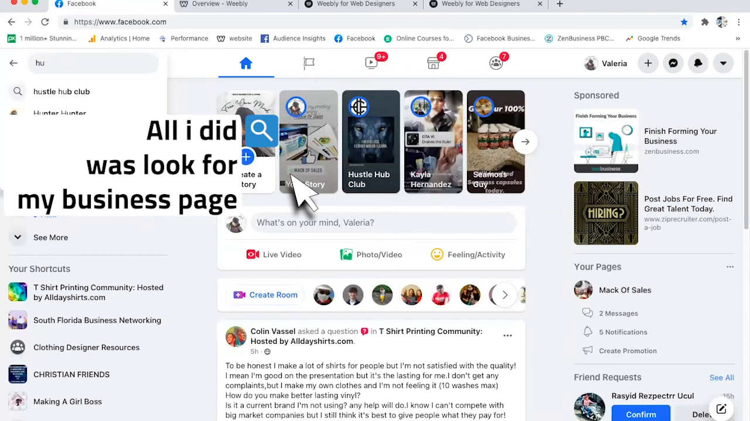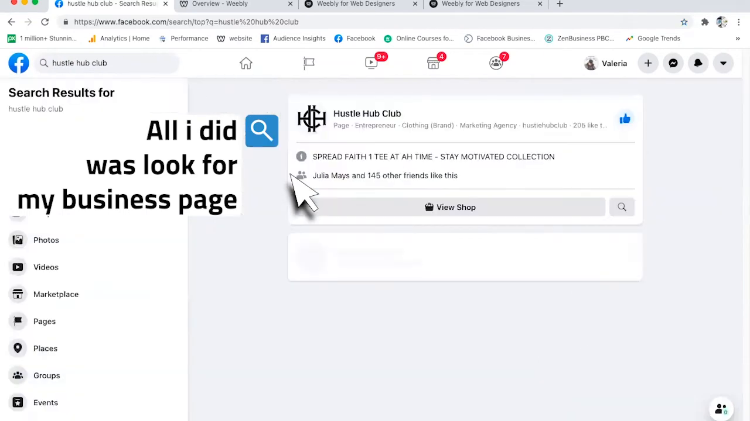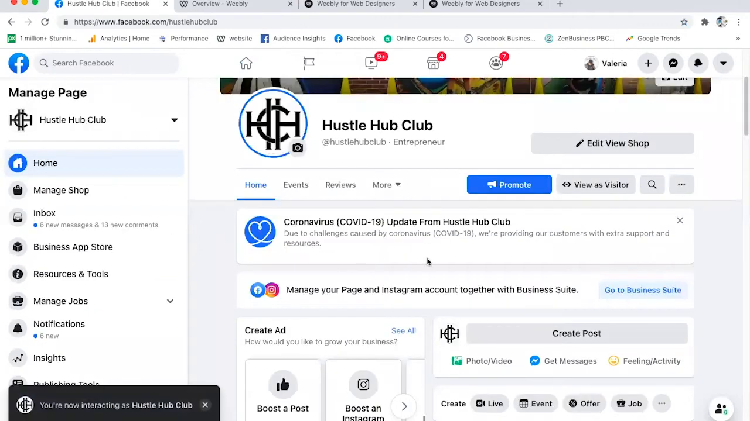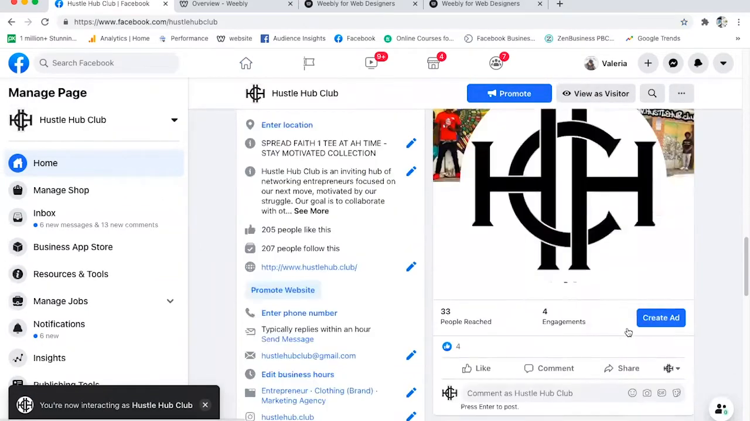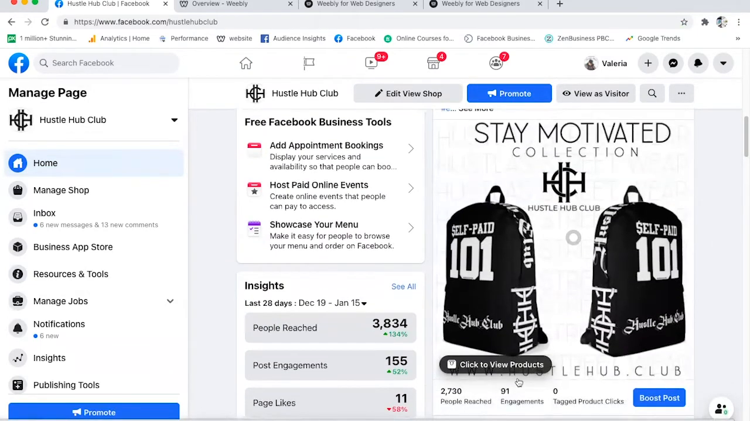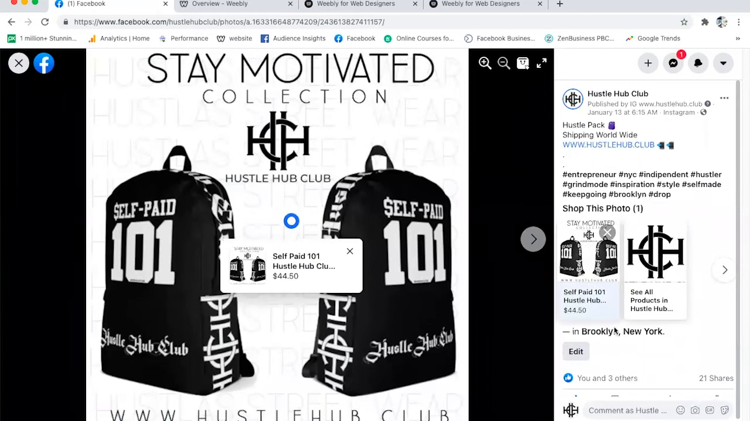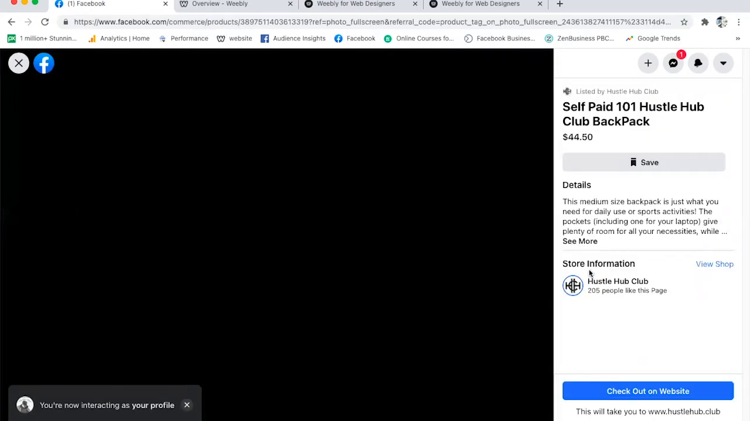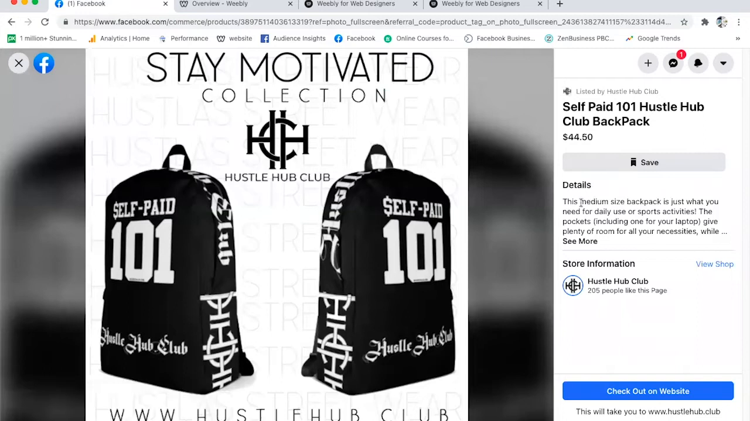So say they see a product on your page, right? And so this would be the example here. Okay, we have the image, but it doesn't just have the image. It has a click to view product button that allows the person to click on it and see the specs. Okay, so it says the details are here. It's $45.50. I can check out. Okay, so without them going to your actual website, they can actually check out on Facebook, and it'll take them directly to the link. Okay, so we'll go ahead and check out,